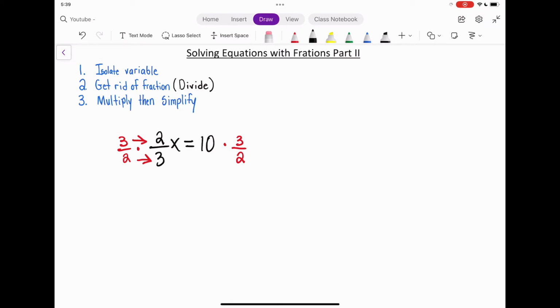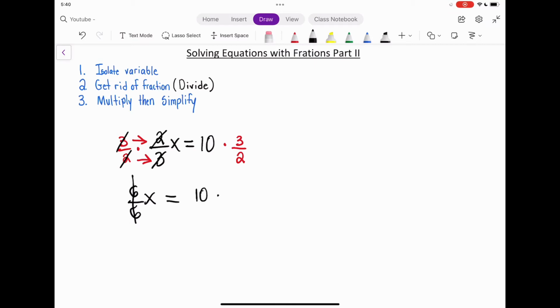So once we divide on this left-hand side, you're going to notice that your values cancel out, right? We could cross cancel because when we multiply, we'll get 6 over 6x. And we could just say, hey, that's equal to x, right? So with that being said, we have x is equal to